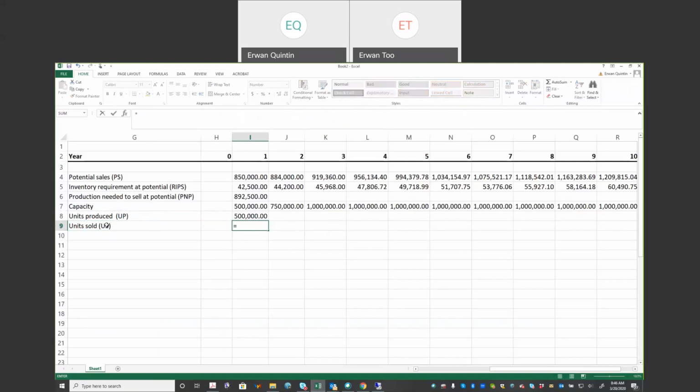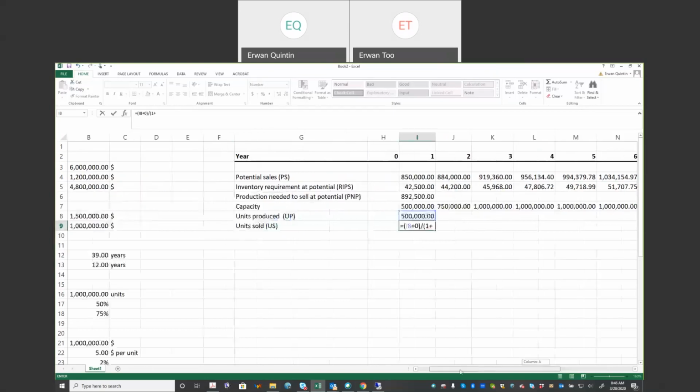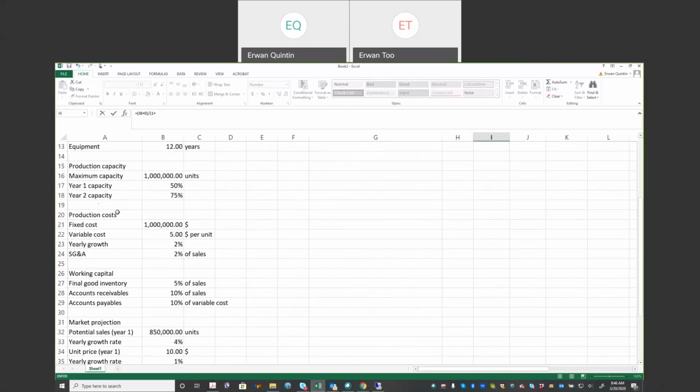And what is that going to be? Units sold is going to be units produced plus my starting inventory, which here is 0 because when I begin I do not have any inventory around, but I'm still going to write plus 0 for emphasis, divided by 1 plus the inventory ratio,